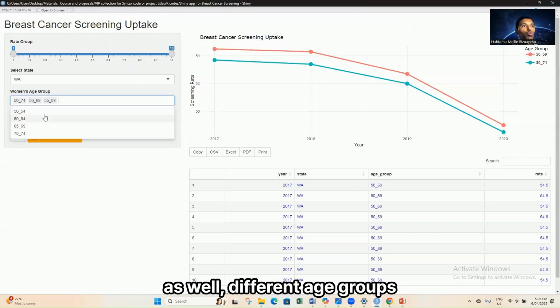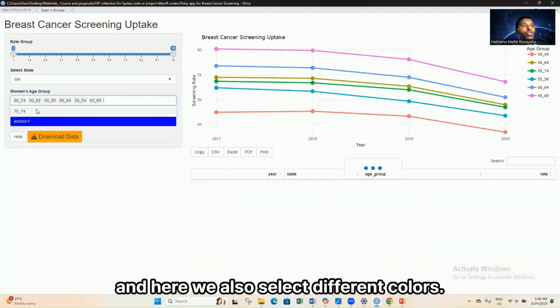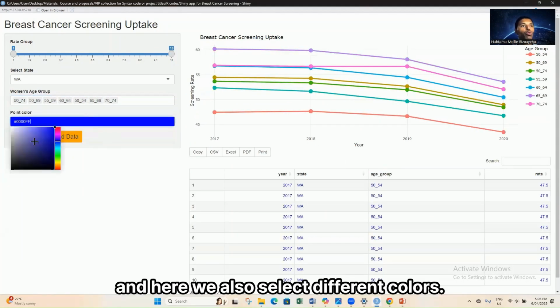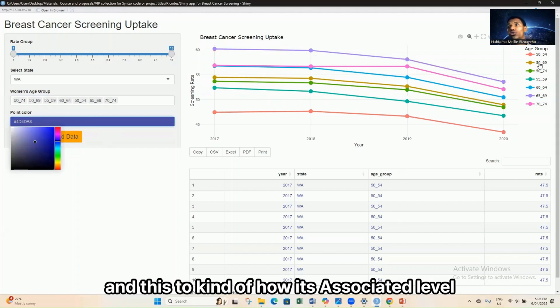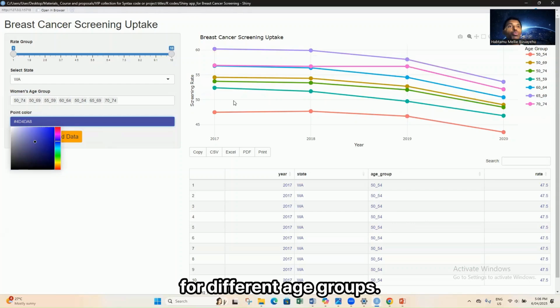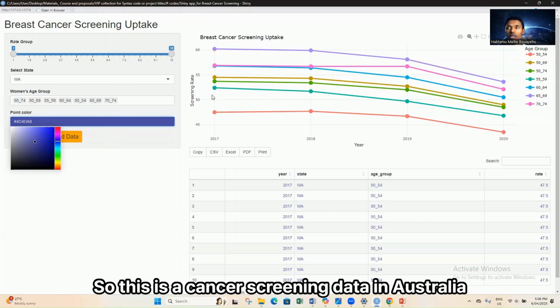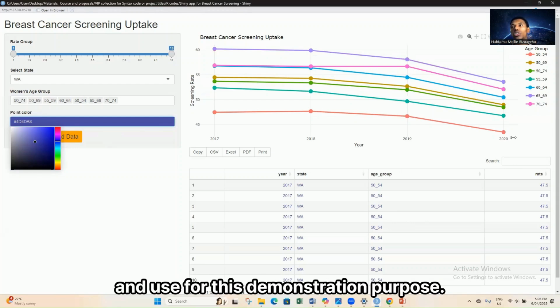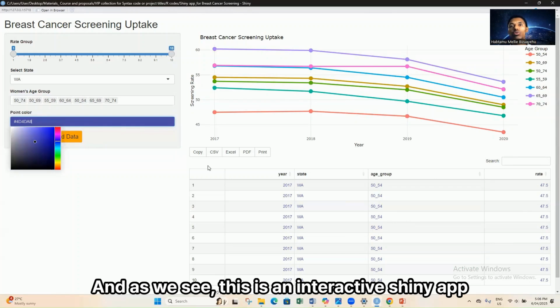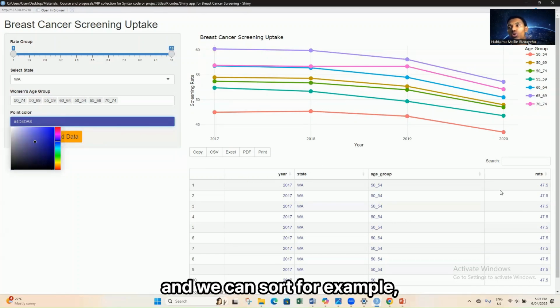Let's select age groups as well, different age groups. Here we can also select different colors. When we select, the table color changes, and this table color has its associated level for different age groups. This is cancer screening data in Australia between 2017 and 2019, which is publicly available data used for this demonstration purpose. And as we see, this is an interactive Shiny app, and we can sort, for example, here,